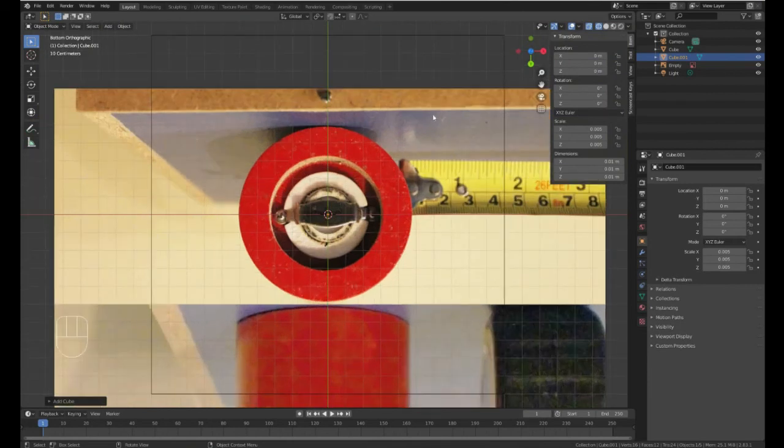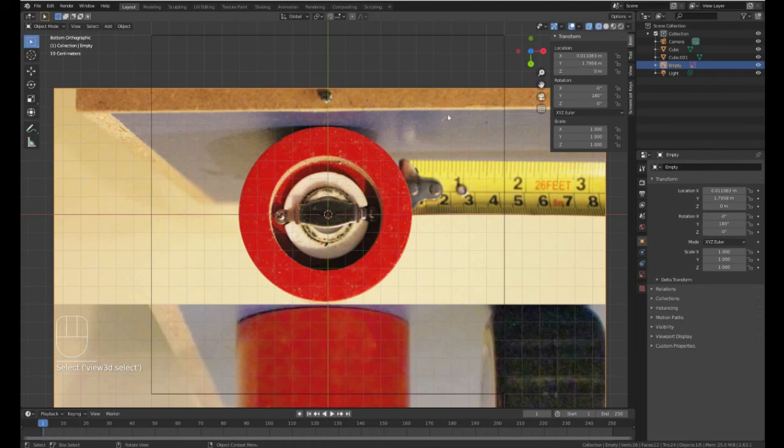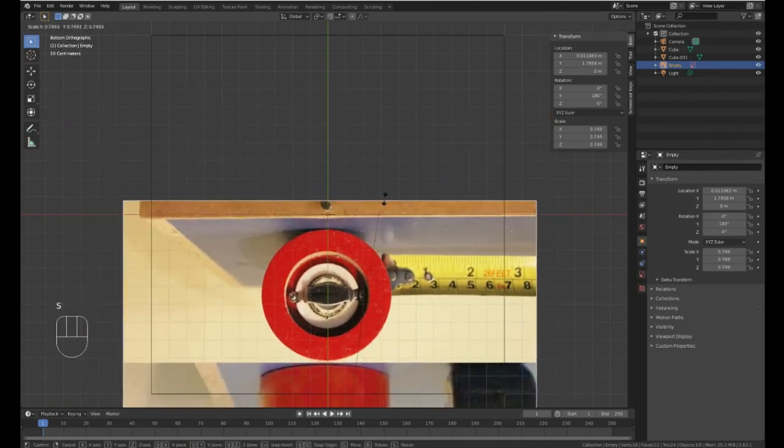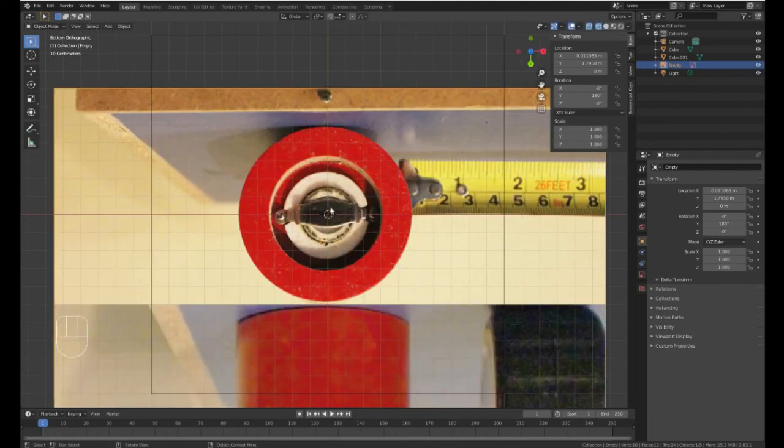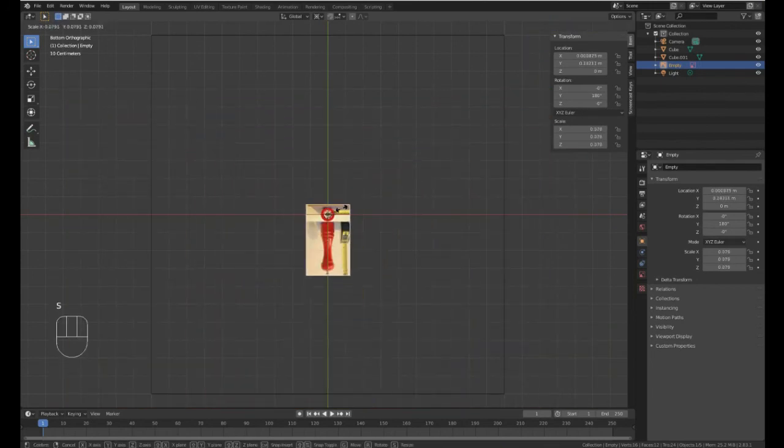So this is a scenario where if we select the object, it'll scale based on the object's pivot point, which is in the center. However, because we've already got it centered where we want it, this would be a scenario where if we change the transform pivot point to 3D cursor, which again is the red and white circle with the crosshairs, we can now scale this in using Control or Control Shift as well,